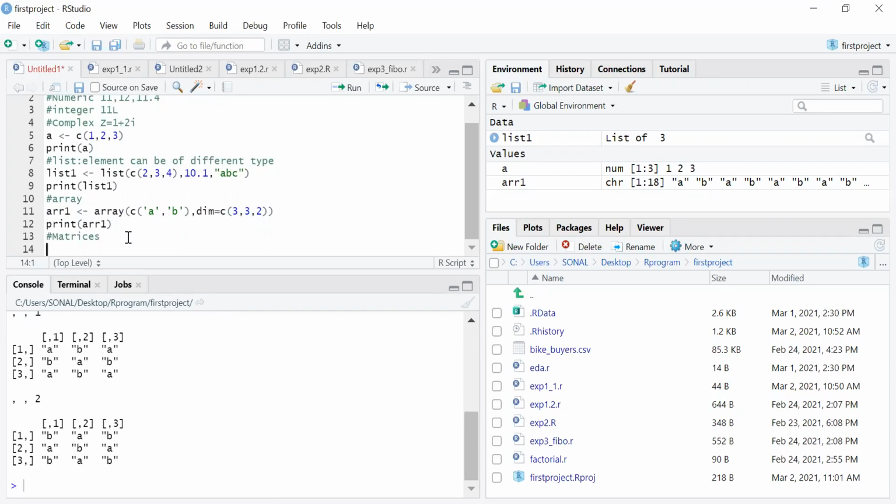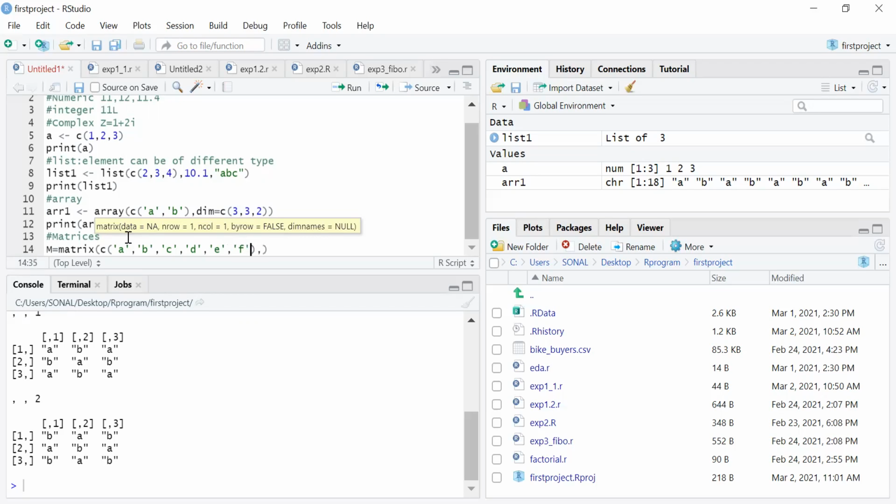If I want to create a matrix, say M, here the keyword will be matrix. These are the elements.